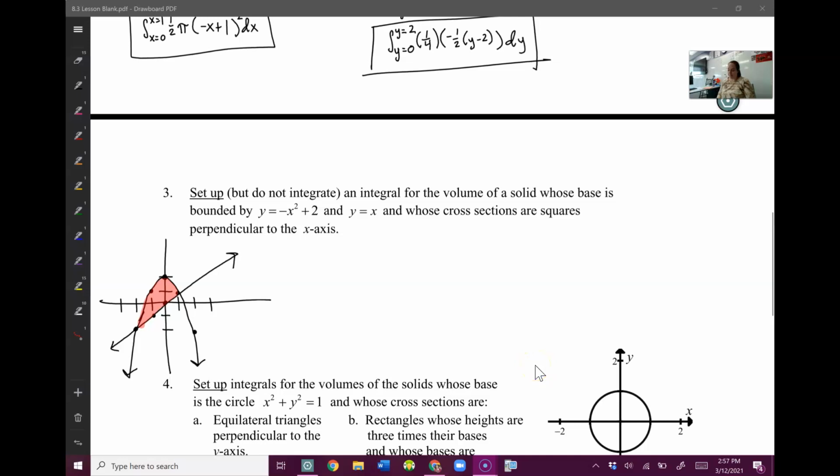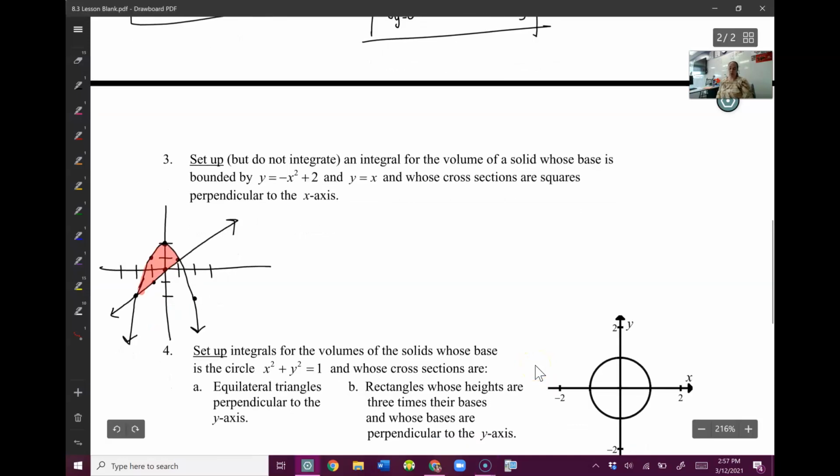Let's do number 3. Set up, again, but don't integrate, an integral for the volume of a solid whose base is bounded by these equations and whose cross-sections are squares perpendicular to the x-axis. So I have actually already drawn in and sketched these two equations so we can see the area we're dealing with. And we're going to want cross-sections that are squares